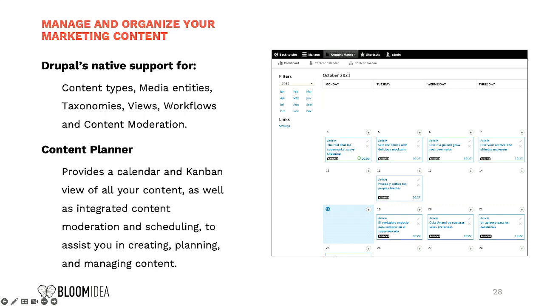That's the one you see in the picture, that allows you to manage your content planning. So when you are going to post something, it also integrates with scheduling and content moderation, so you can have the article in draft mode, and say that it will need to be ready until a certain date.